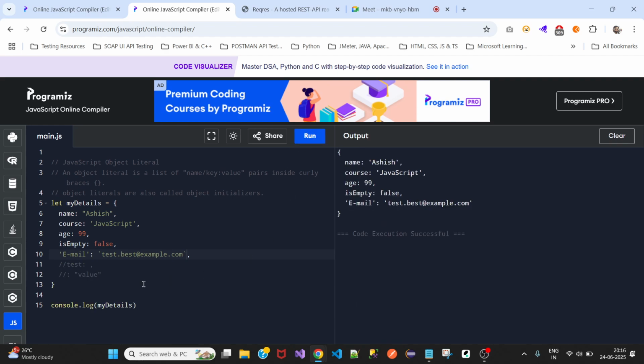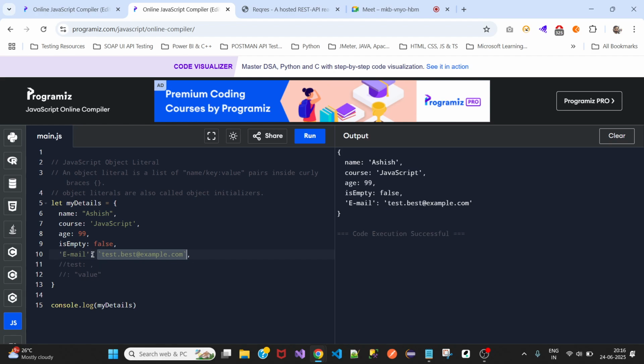Why exactly can we place them in backticks or single or double quotes? Because in JavaScript, a string can be created in three ways: in double quotes, single quotes, and using backticks. This option is not available in other programming languages, only in JavaScript. Okay, so now, where exactly you need to use single or double quotes for the key is when